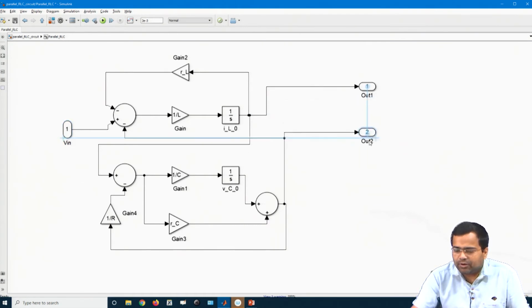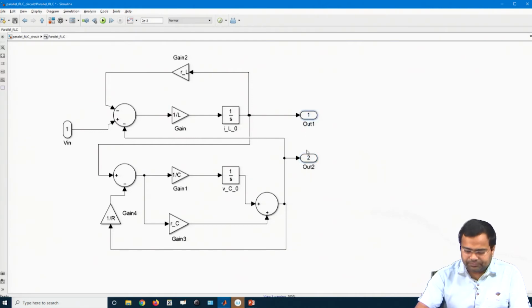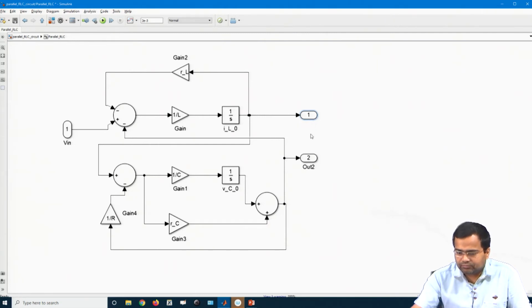and the second block, the output we want to see. So, we want as many outputs as we want. This is my inductor current IL, and the third block is my output voltage, not the capacitor voltage. I can write V0,